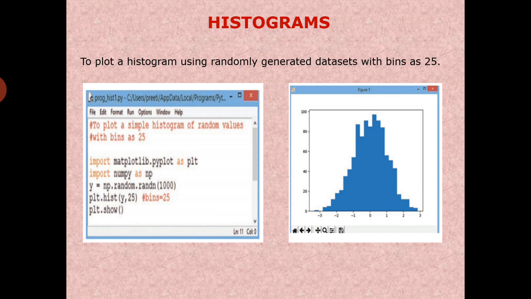The statement y = np.random.rand(1000) will generate random datasets and store them in y. The statement plt.hist(y, 25) will plot a histogram with 25 bins, and the plt.show statement will display the figure.